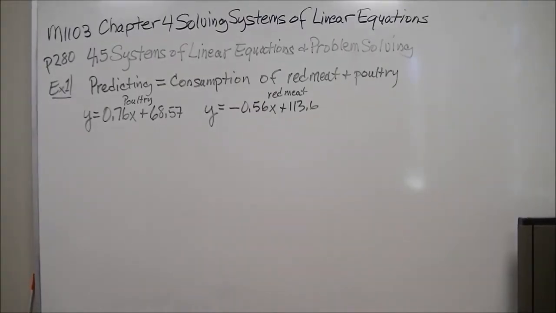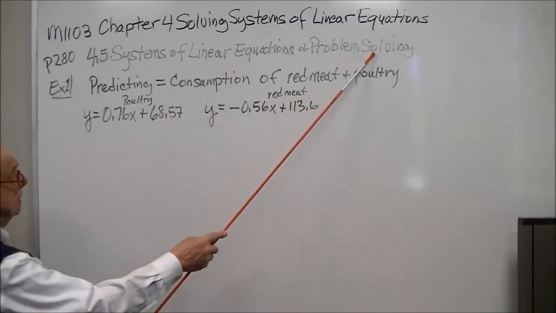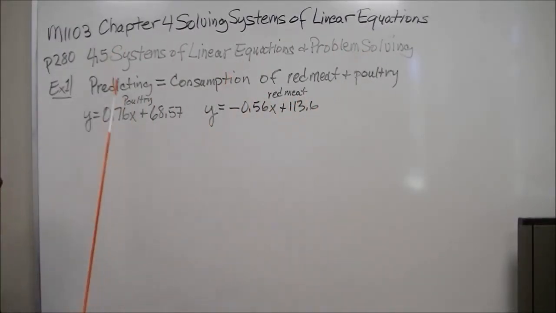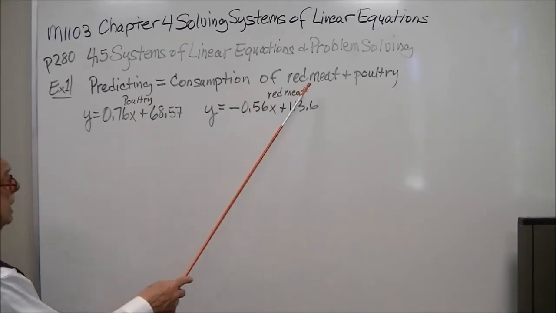Now, as we go on to our last topic of Chapter 4, it is Section 5, Systems of Linear Equations and Problem Solving. In these, what we're going to do is to have various word problems in our textbook. And I'm not going to write all of the example out, but I'll sort of summarize. So example 1 is predicting when we're going to have equal consumption of red meat